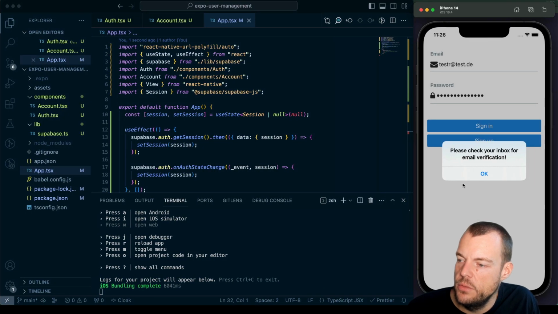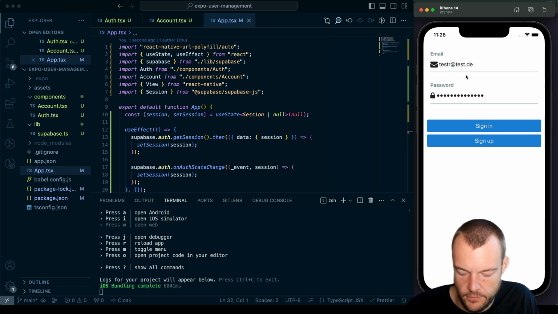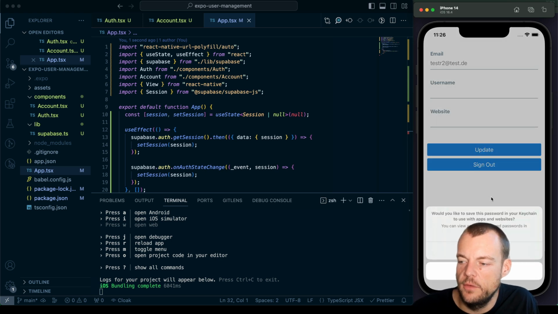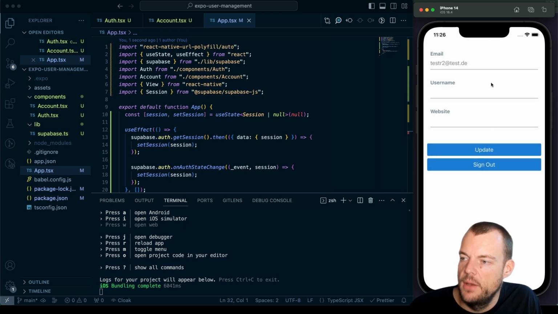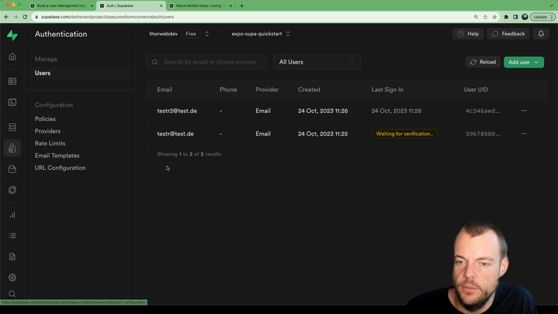And now what we can do is we can create a new user. We'll just say tester2, and we say sign up. And so in this case, we don't need to verify the email, and we get a session back for the user right away. And now if we go back to our auth users, we can see this user doesn't need to wait for verification,